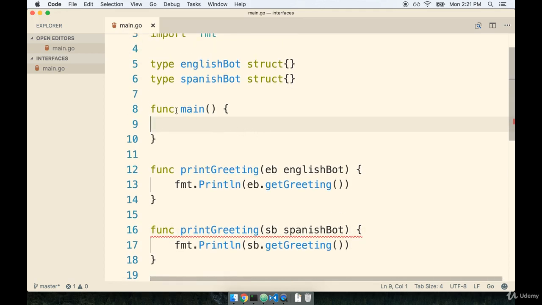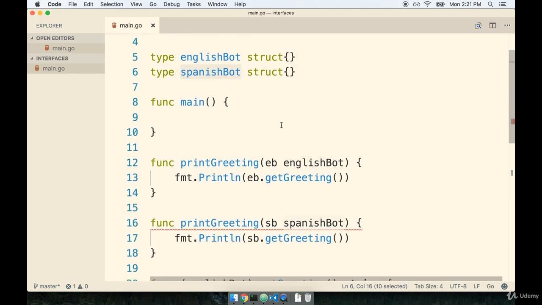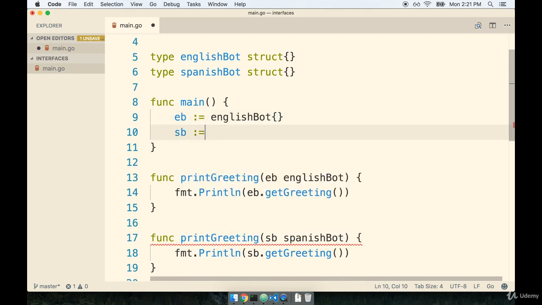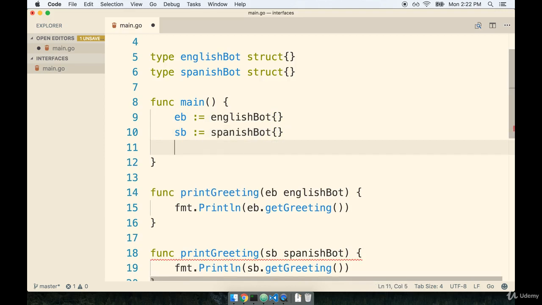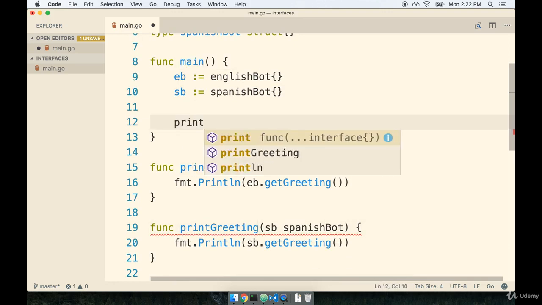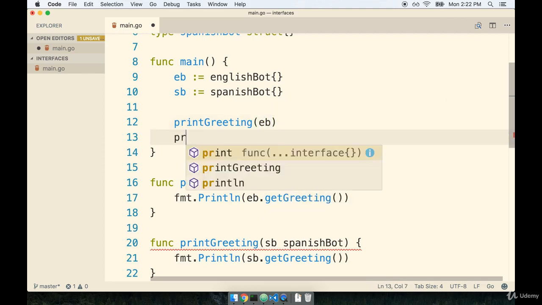So now the last thing I want to do is create two values, one of type EnglishBot and the other of type SpanishBot, and we're going to attempt to call the printGreeting functions with both of them. Okay, so we'll say eb, short for EnglishBot, is going to be EnglishBot. This is how we declare a new value of type struct when the struct has no fields associated with it. So we just put the empty curly braces in here. And then we'll do SpanishBot as well. Now the very last thing that I want to do is call printGreeting with each of these two bots that we just created. So I'll say printGreeting eb and printGreeting